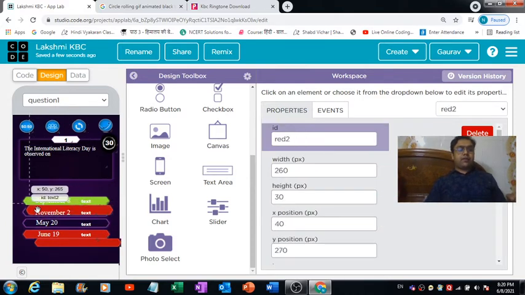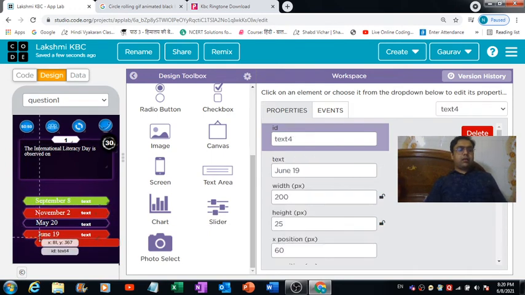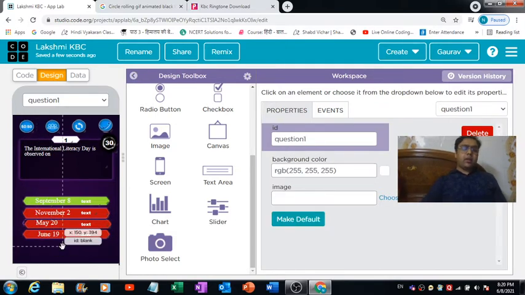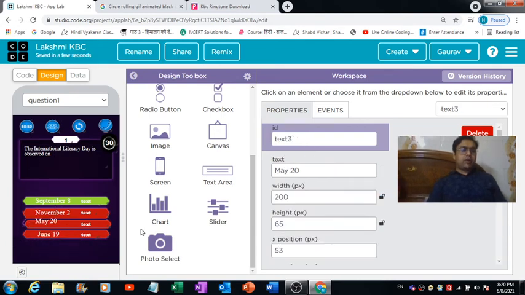In case he is not right, so these are the boxes which will get visible to him when he will hit on any of the incorrect options, right? So that's how I'm going to code this app.